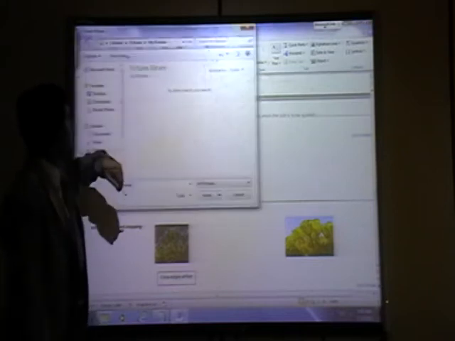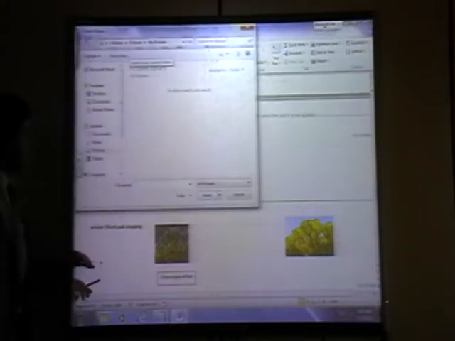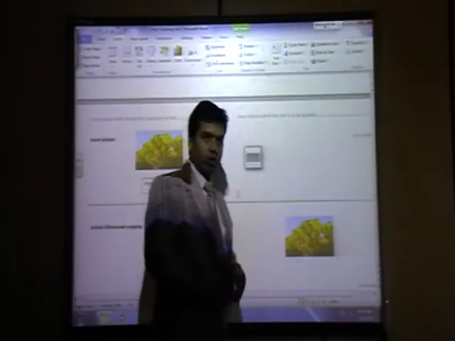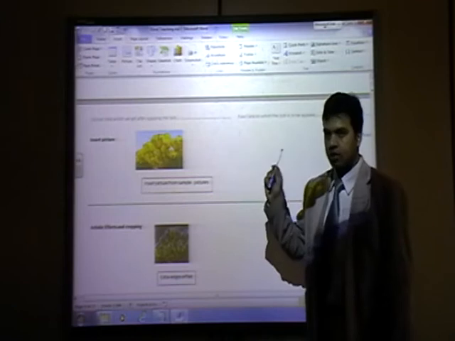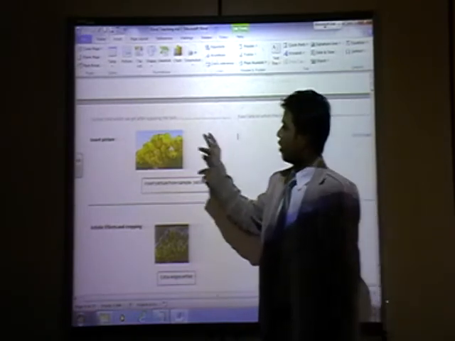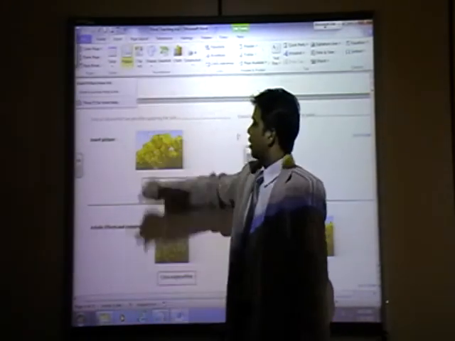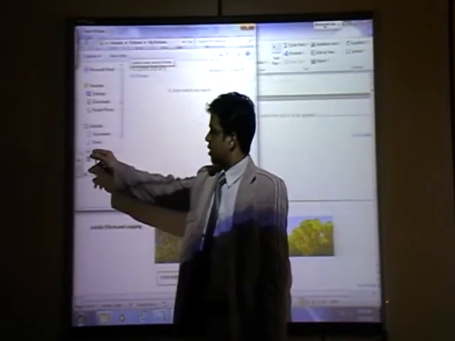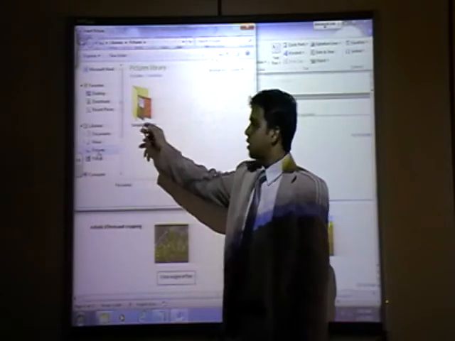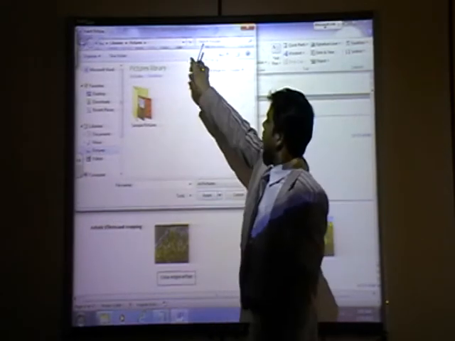Click on picture. In the question it is written, you see, insert picture from sample pictures. What you do? Click on this one, pictures, this one. Then you go to pictures. Can you see pictures? Then sample pictures. Why?